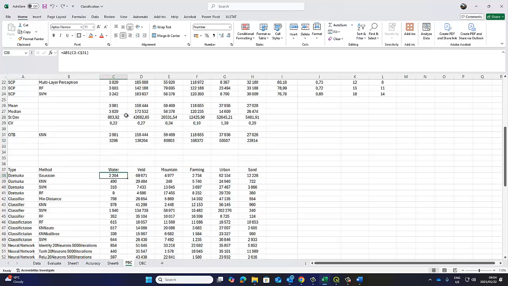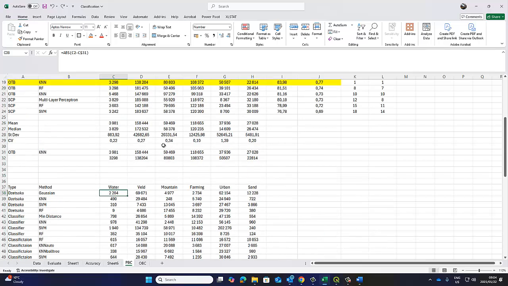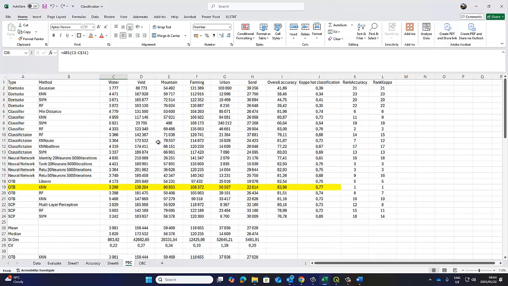We're ignoring the minuses. Then we rank them, and we can see which one is the best and which one is the worst. So that's one way of evaluating the individual classified images, meaning the plugins and their algorithms. Another way, obviously, is to use the